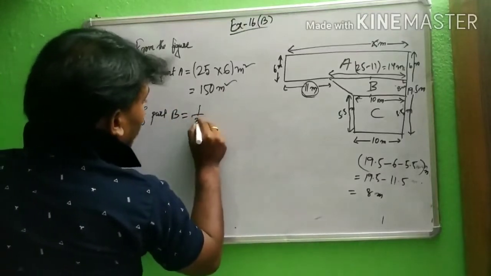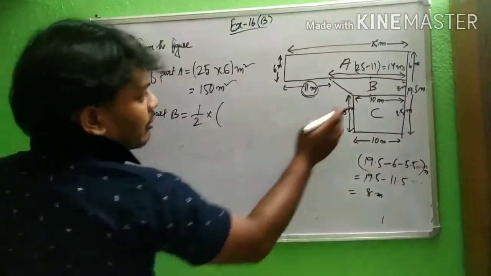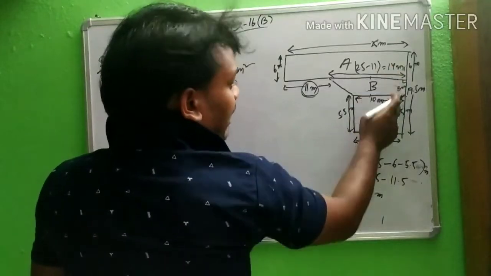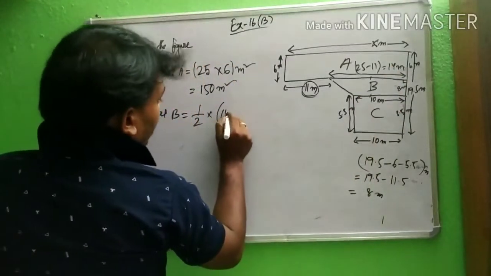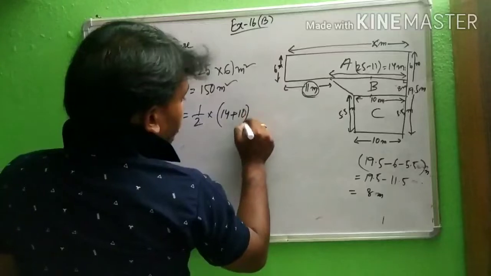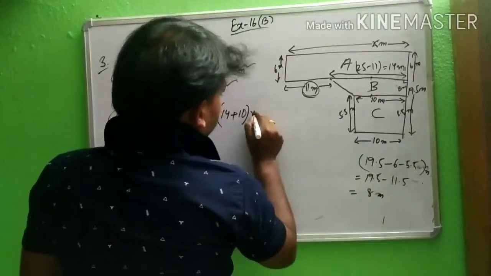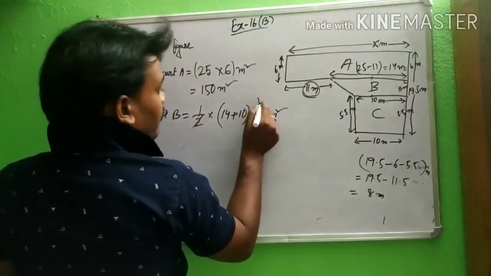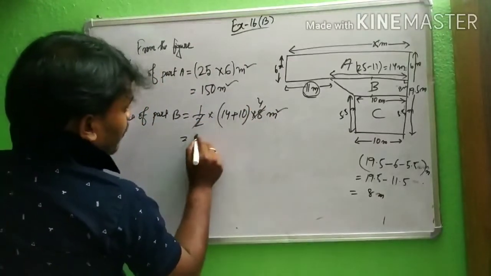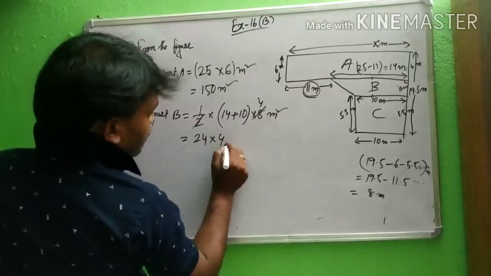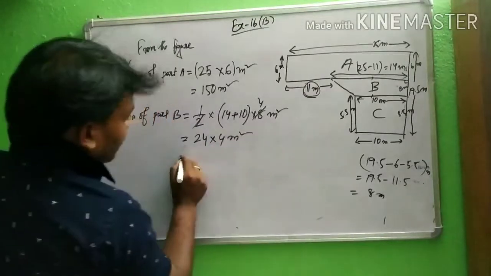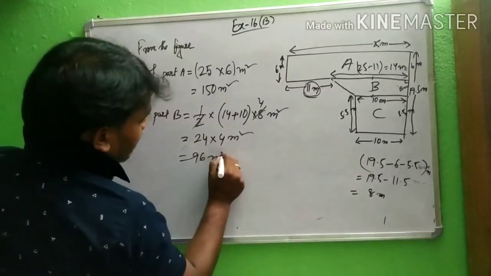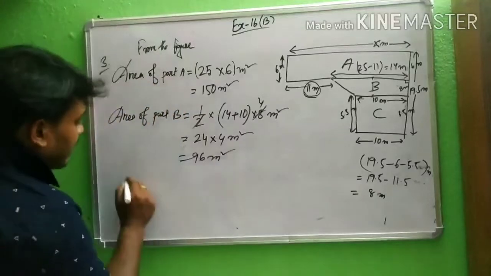Area of part B equals half into the sum of parallel sides. So one side is 14 and another is 10, 14 plus 10, and height 8 meter square. Half of 8 becomes 4. So 24 into 4 meter square, 96 meter square. Okay. And area of part C